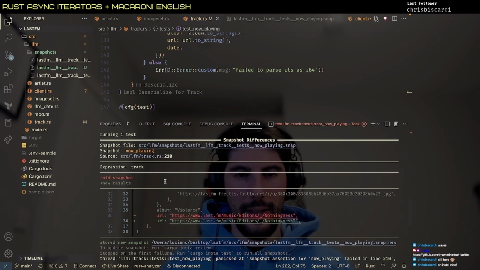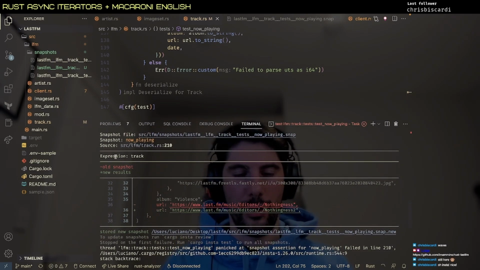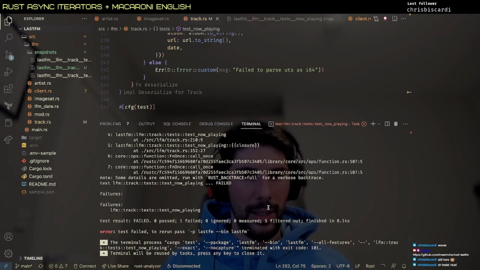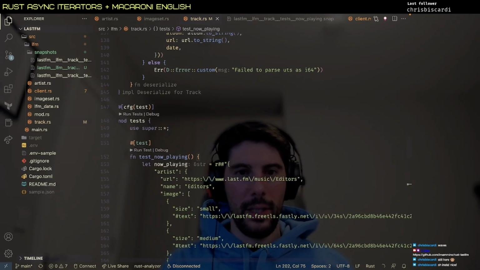So you see that Insta is quite nice in the way it shows us the error, because it's basically giving us a very nice diff saying everything else was okay, but this one particular field is not matching our expectation. In your old snapshot, the red one, we had nothingness, while the new result has nothingness2. And if I wanted to approve that, I think that the command, you can install,